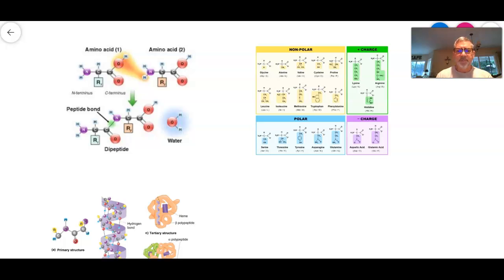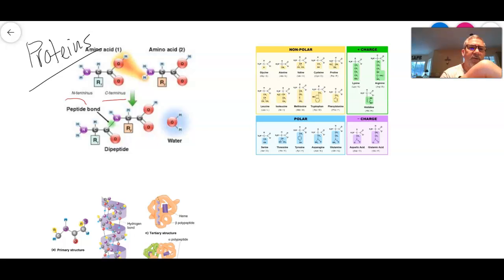So if we look at the first ones here, we have amino acids. So these are proteins. Proteins are made of amino acids. With the amino acids, we have the N-terminus and the C-terminus. Remember, it's the N-terminus because there's an N. There's a C-terminus because that's a C, right? So the amino acids are connected N-terminus to C-terminus,